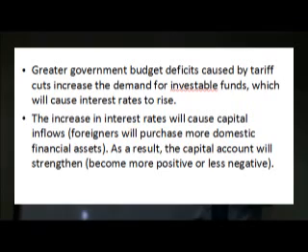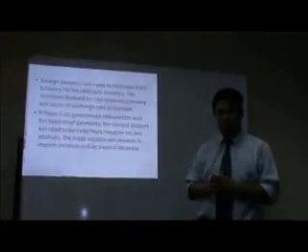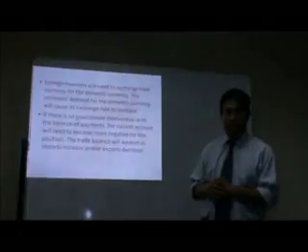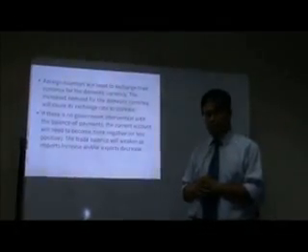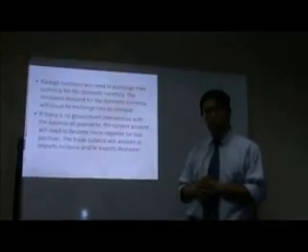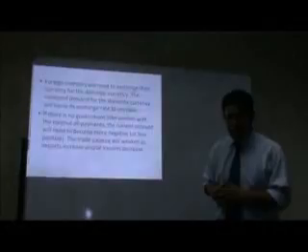As a result, the capital account will strengthen, or become more positive or less negative. Foreign investors will need to exchange their currency for the domestic currency. The increased demand for the domestic currency will cause its exchange rate to increase. If there is no government